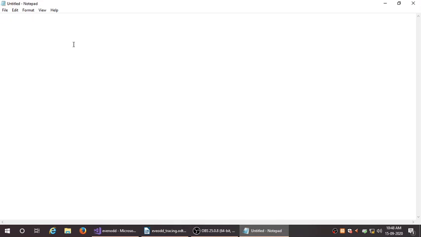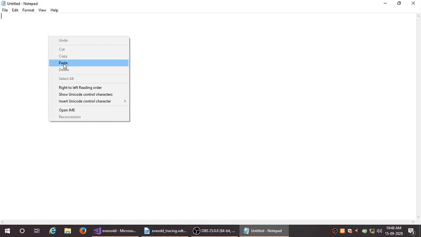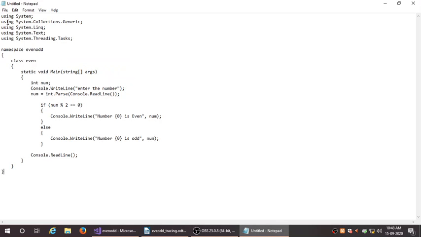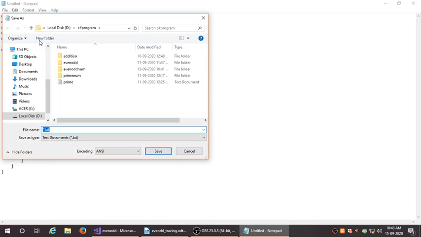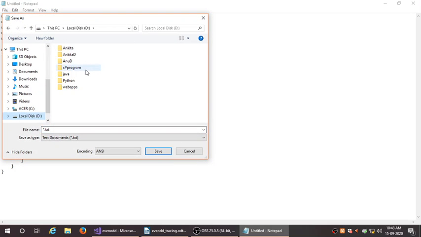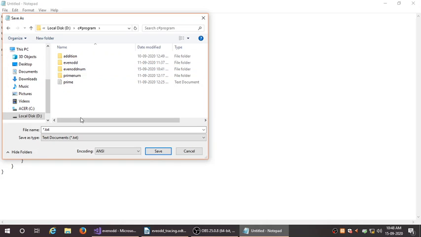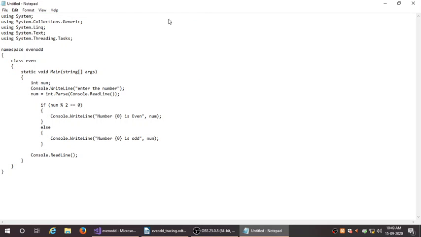You can type the program and paste it here, and for saving you have to go File, Save, go to D drive and choose your folder, and give your file name. I give the file name evenoddnumber.cs. Do not forget this extension .cs for C# files, and click on save. That file will be saved.